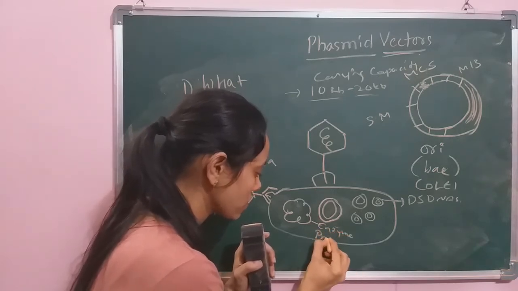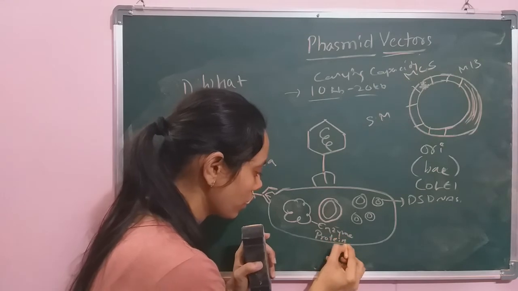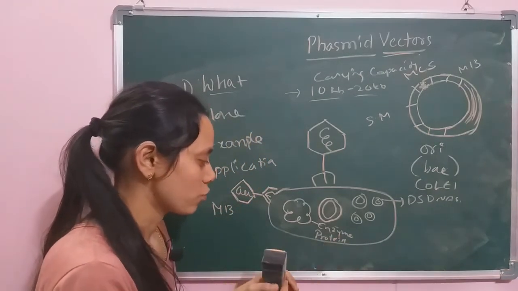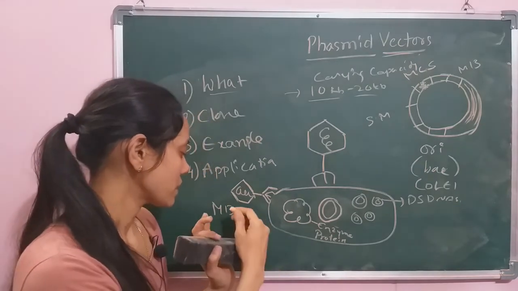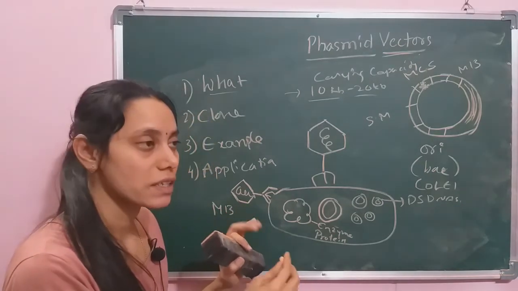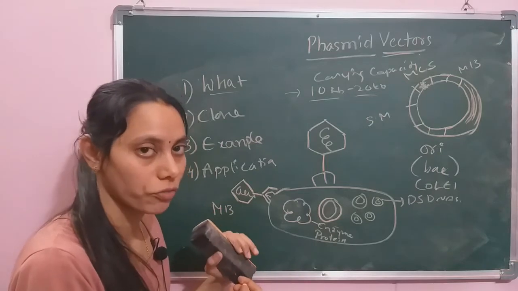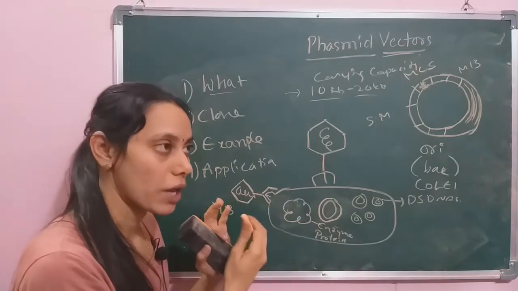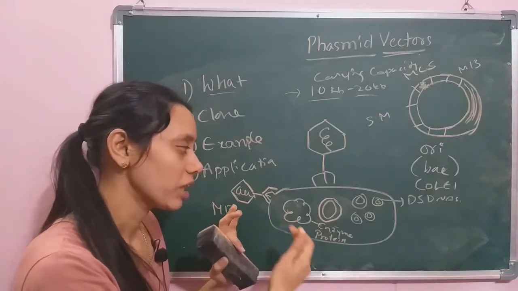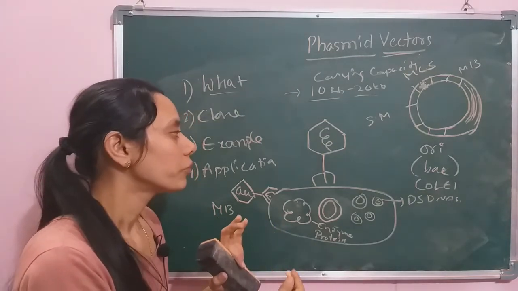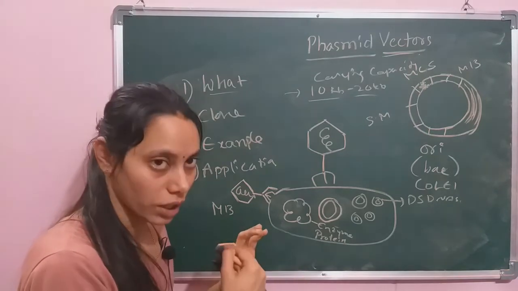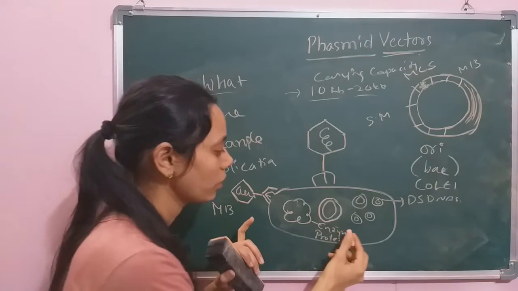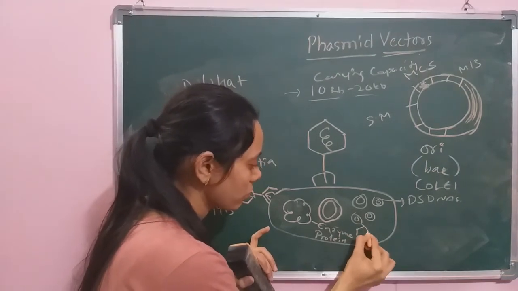and proteins for its coat production. So it will code for these two, but this helper virus is inefficient for its own packaging of DNA. So this helper virus is manipulated in such a way that it will be inefficient to package its own DNA. Instead of packaging its own DNA, it helps the protein coats